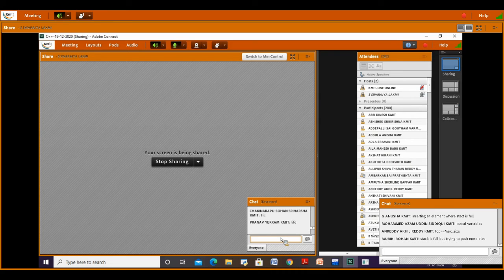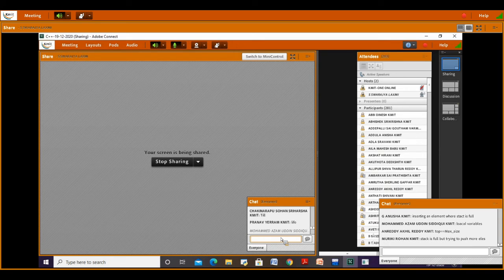insert any element into the stack, we are going to check whether the stack is full or empty. If the stack is full, I'm repeating, if the stack is full and we are trying to insert or add an element into the stack, adding an element in the stack is called pushing. We are trying to push an element into the stack, then the condition we get is stack overflow.